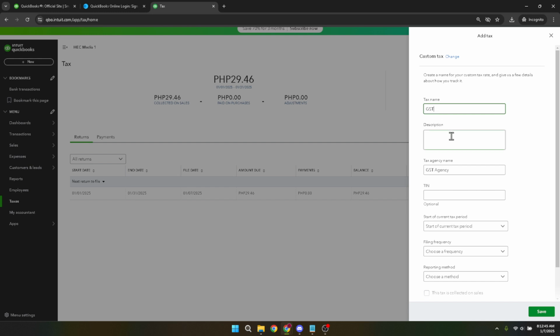After inputting the tax name, the focal point becomes the GST itself. Inputting the correct GST percentage is vital because it directly affects your books and audit trails. This aligns your accounting practices with legal tax obligations, ensuring compliance and potentially averting costly errors in the future. The process here is straightforward, but double check accuracy as a safeguard against miscalculation.